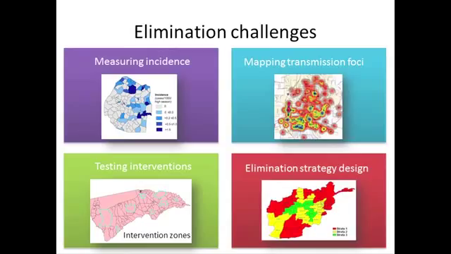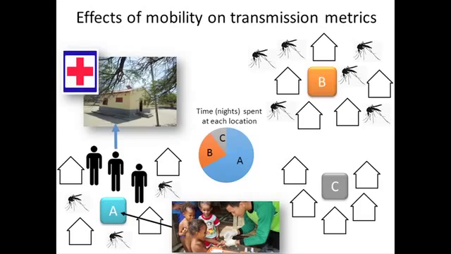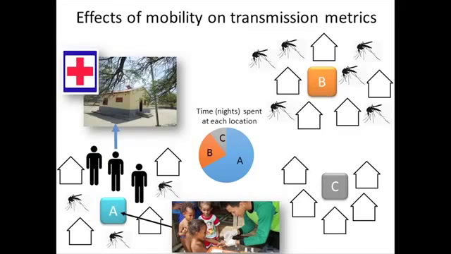So mapping transmission foci is another aspect. So just a conceptual model here. This is village A, where maybe there's some moderate level of transmission left, but those populations spend time in other places. Maybe they go away to work in some agricultural areas where there's a lot higher levels of transmission, or forested areas. Maybe they spend time in urban areas where there is no transmission. And so this population maybe spends some significant proportions of its time elsewhere and acquiring infections elsewhere. So that when we go to take data from the health facilities,